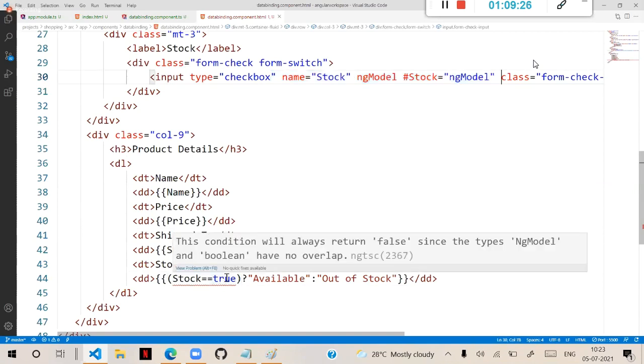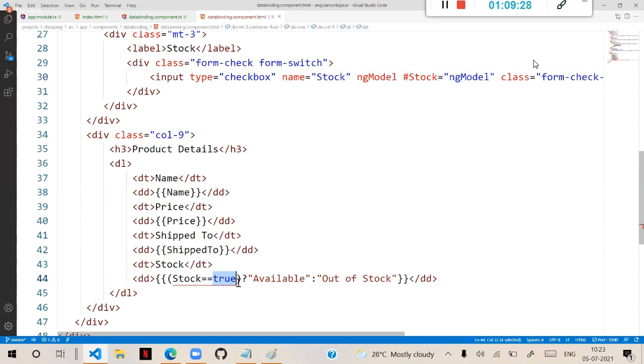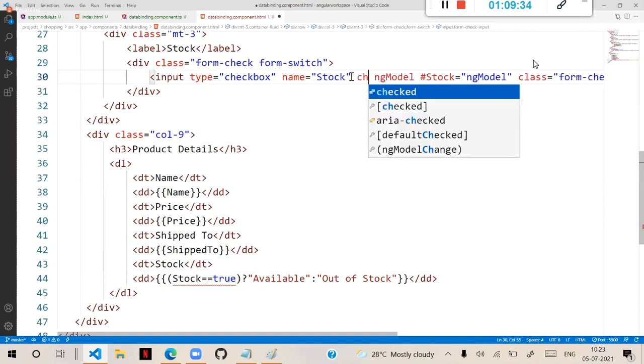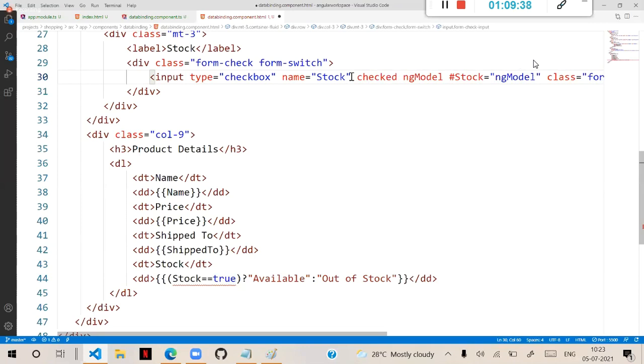That means you have to write if is equal to stock equal, because by default it is false. Suppose if I say checked, it means by default it is true, but it will not know until or unless you do some changes into this. Checked is to enable true. So here if I say false, that means we are checking with false, or I'm checking with true. So it's saying that initially, see,